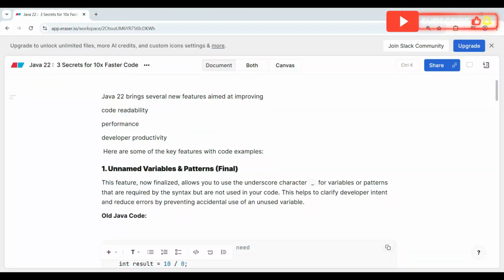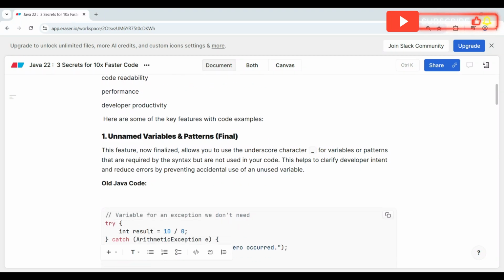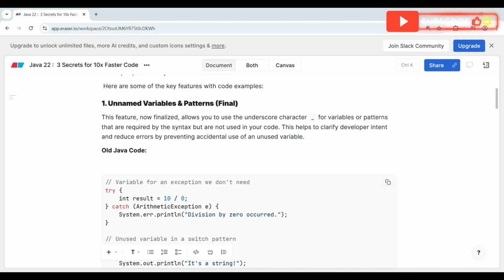So you can use an underscore for variables or patterns that are required by the syntax but which are not used in your code. What will happen with this is that it is going to clarify to developers that it is not intended to be used, and it can also reduce your errors by preventing accidental use of that unused variable. So in the old way, prior to Java 22, what you used to do,